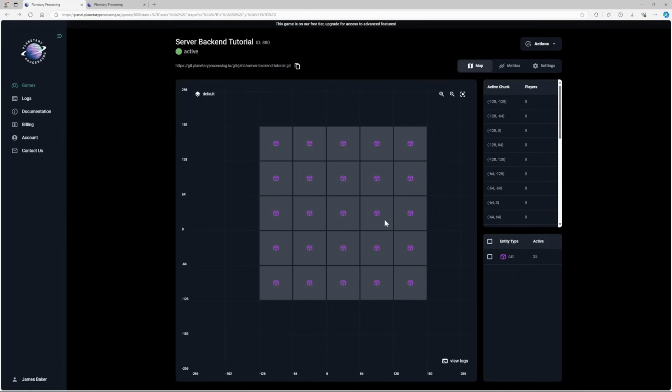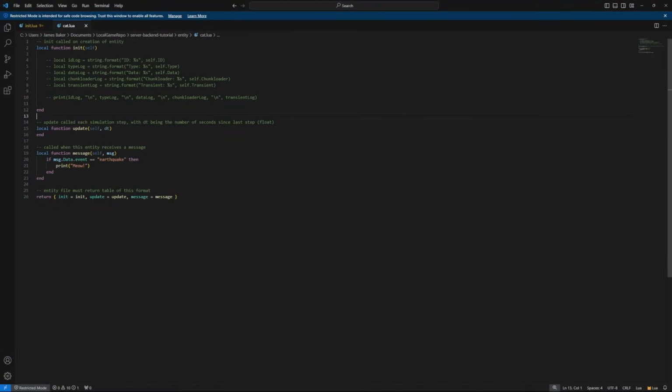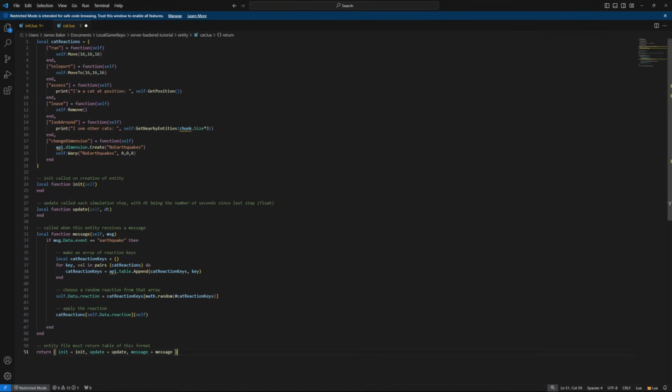Now it is very clear which chunk is creating which cat. The cats appear grayed out in chunks which have been generated, but have been unloaded and are now inactive to save resources. Since we can see individual entities now, let's have our cats start acting in response to the earthquakes more visibly. Return to cat.lua and make a table of reactions for the cats to do in response to the